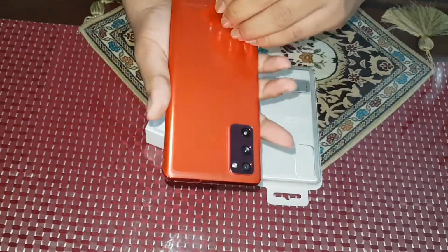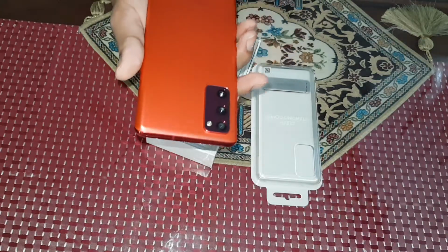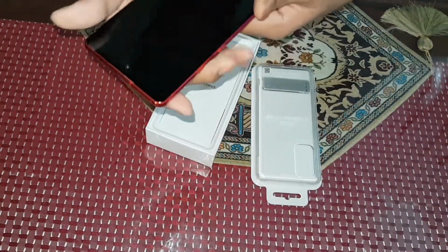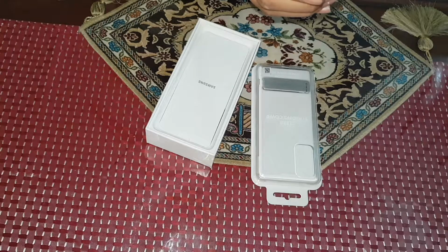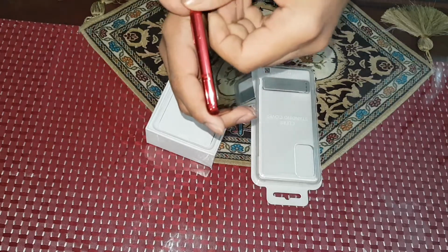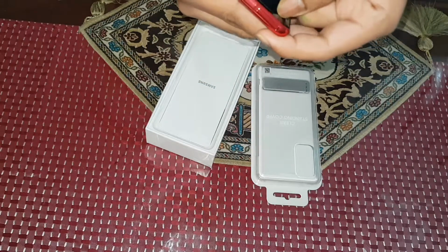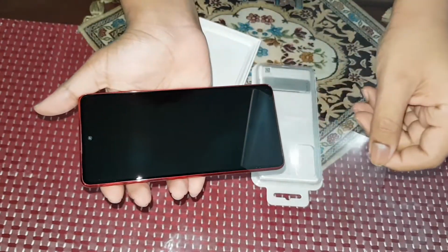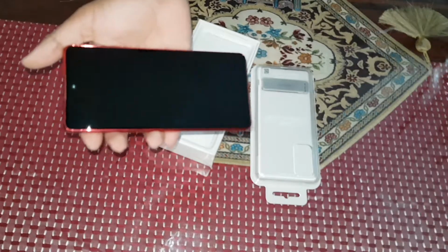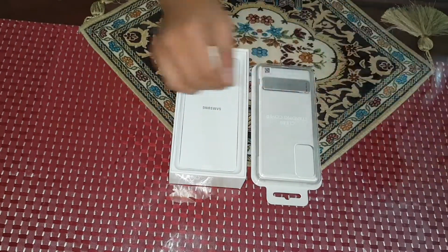So now I'd be peeling the back off, very satisfying, and then I'll be peeling the front part of the screen off, the plastic cover which came on the screen. Over here within the box there was also paperwork on the front, and below that you can see that there's a paper over there, and then below that there's some stuff too. So right now I've finished peeling the plastic which was there on the screen,